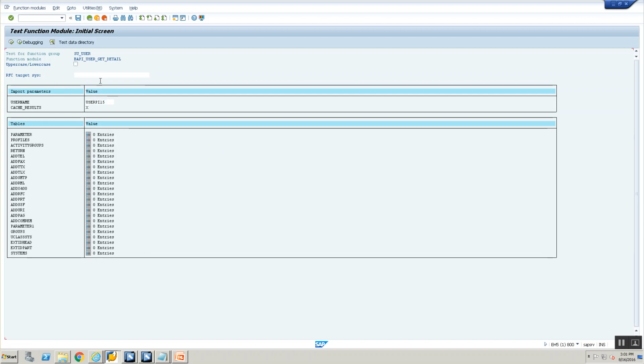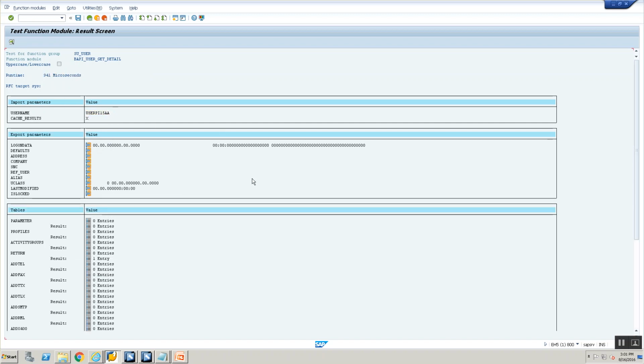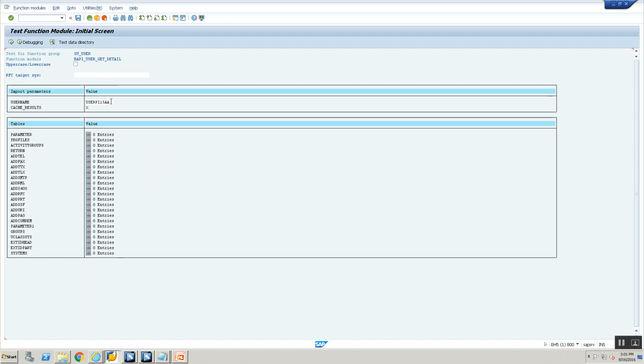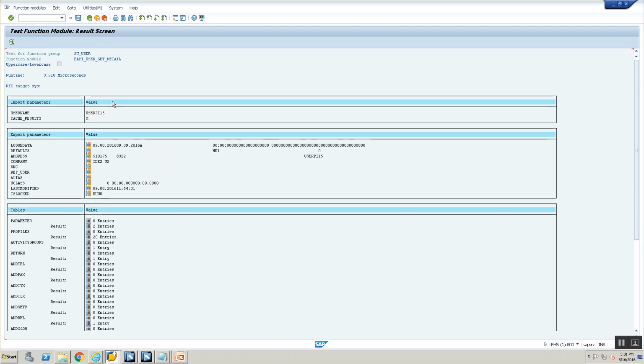Okay, now let's make it a user PIAA. Let's make a dummy user. You'll get the message that the user does not exist. You don't find anything around the user's first name, last name, and so on. So if I execute again with the valid user, you see you're getting more details around the user, what is the company he works for, what was his last modified date, and so on. Okay, so this is a standard SAP function module that we are now going to expose via PI as a